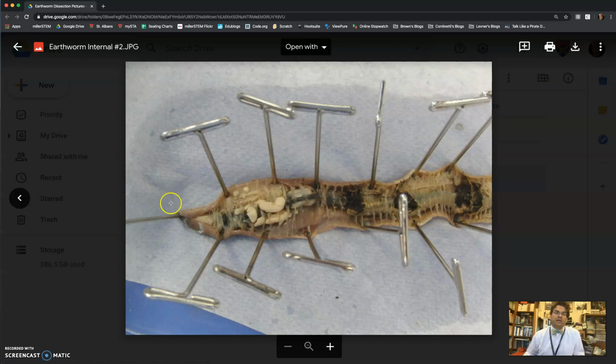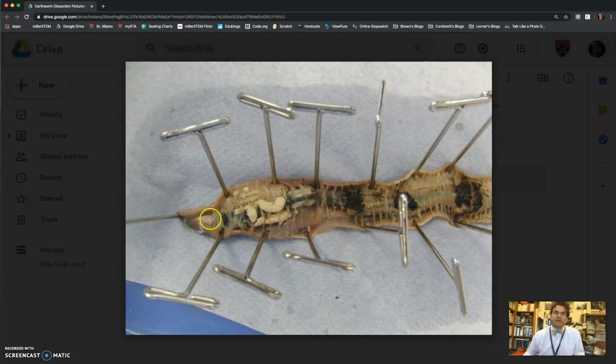So in this, again, we start here with the mouth up in this location, and then you can start to see this tube right here is the start of your esophagus. And so this part right here you can identify as the esophagus. And then that esophagus is going to run right on down. And then there's this fleshy ball right